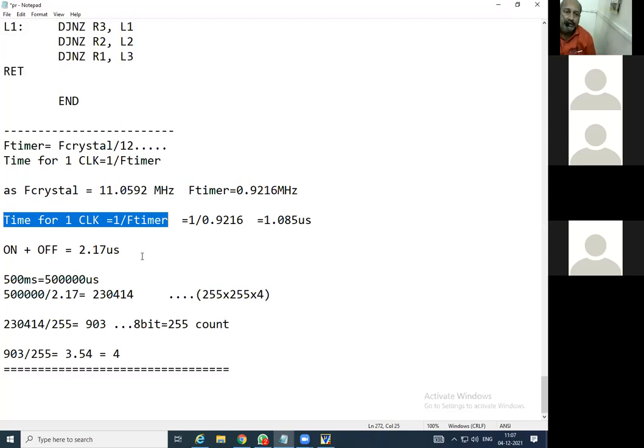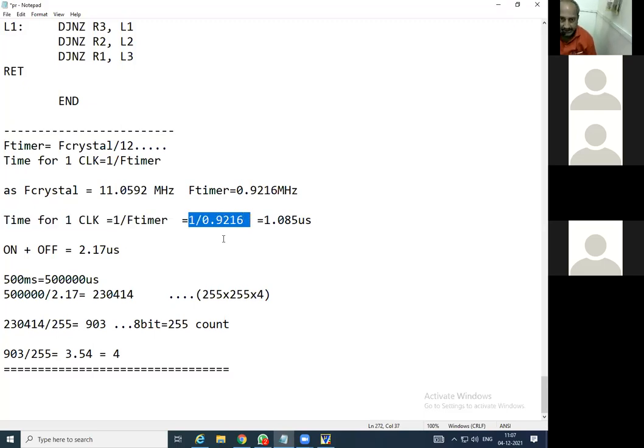So 1 divided by 0.9216 comes to 1.085 microsecond. So this is the time for this particular on time.